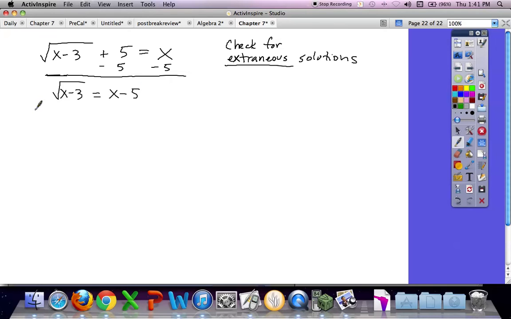Second step, undo the radical. How do we undo a square root? We square it. But if I square the left-hand side, I also square the right-hand side. Okay, the square of a square root gives me what's inside. Okay, x minus 5 squared is x minus 5 times x minus 5, which means you have to FOIL. And you will get